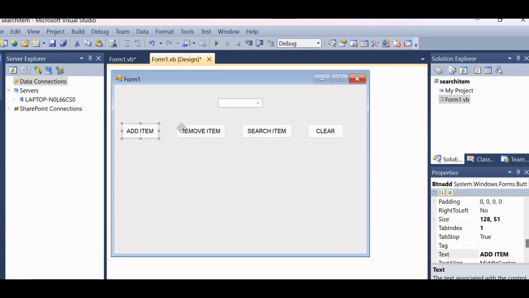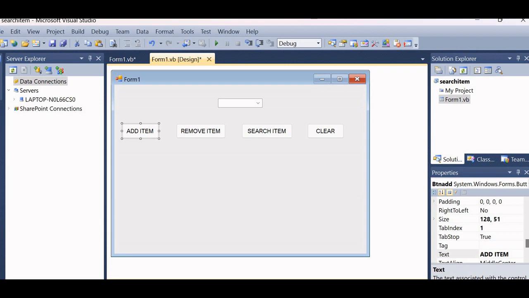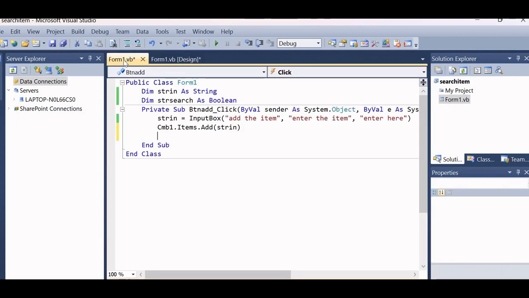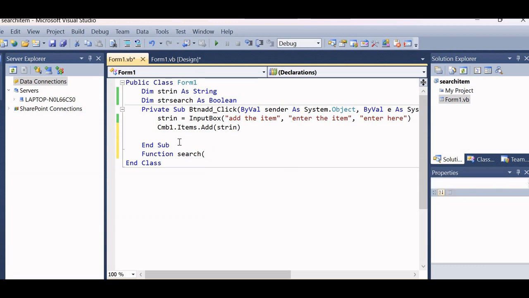Before we perform remove and search, in the question they have given that you have to create a general procedure to store the value. For that we have to create one procedure inside the code. Let us create the procedure like this. The procedure name will be a function. We are creating a search function, search by value reference,